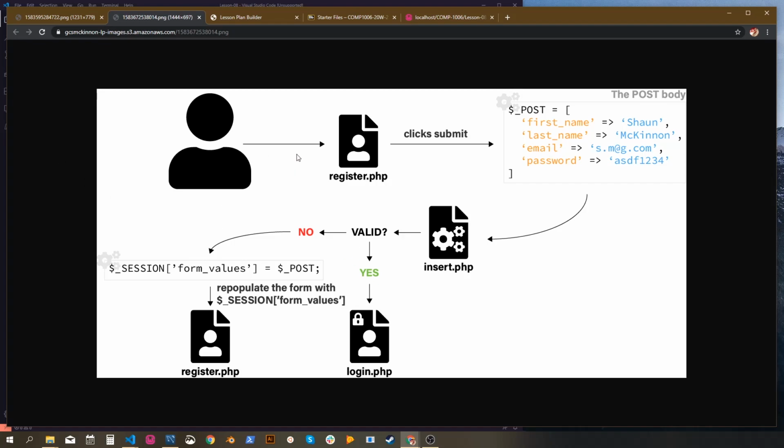So here's Tom. Hi, Tom. Tom's going to register on register.php, and he's going to fill out his first name, last name, email, and password. It appears that Tom's name is Sean, but whatever. He's going to click submit. That's going to create our post associative array, right? PHP does this with the post body. It takes the post body and converts it into this associative array. The associative array then gets sent through to insert.php, where we can access the values by simply accessing $_POST,